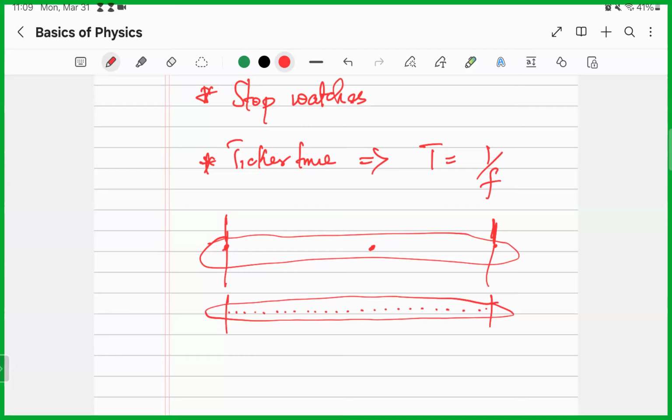Yeah. So you have, let's say, in 1 second, let's say this interval, 2 of them in 1 second, they make this number of dots. We can calculate